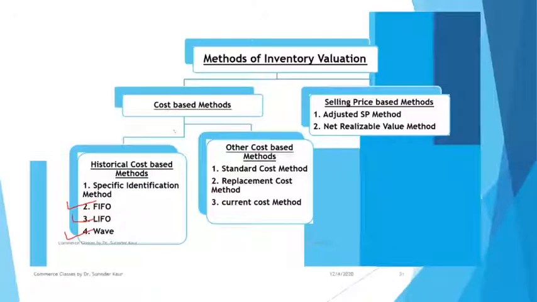Another is net realizable value method, which is usually applicable when the price of the inventories is lesser, or when you have the outdated or defective units which will not fetch the good price. So you will value them at net realizable price, which is selling price minus expenses to be incurred to realize that price. Like you have say some defective pieces lying in your stores, and you know that you can sell them at say 50 rupees each.